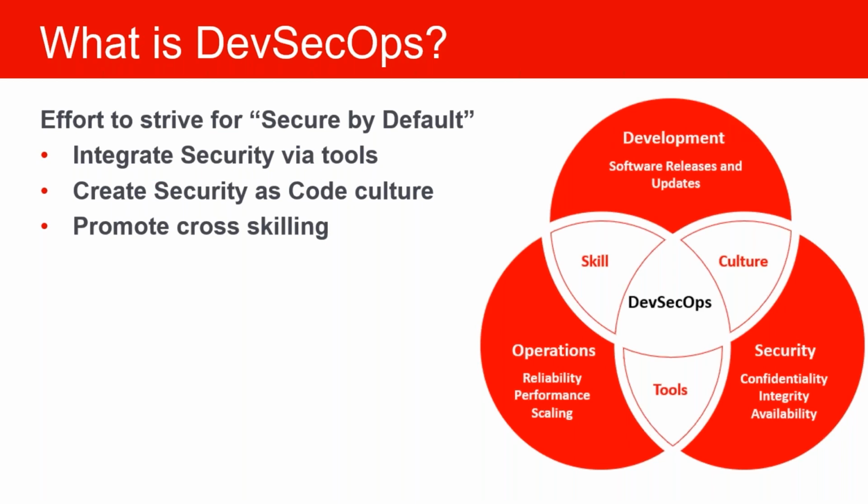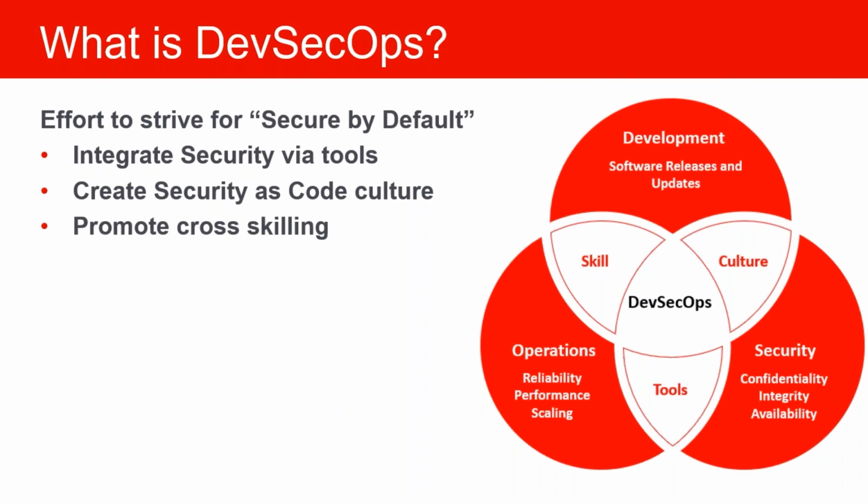How that can be done is by integrating security via different tools, so you inject your SAST, you inject your dependency scanning, you inject your container scanning tools, etc. All kinds of tools within your pipeline. Again, the tools that you're integrating cannot be manually executed. They all have to be executed in an automated fashion, and that's how you basically get a security as code